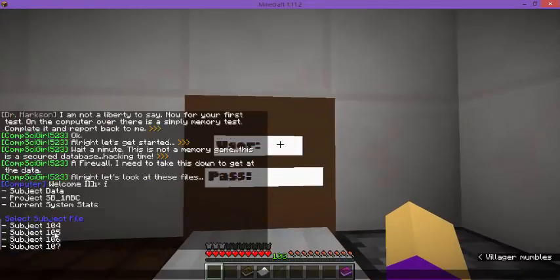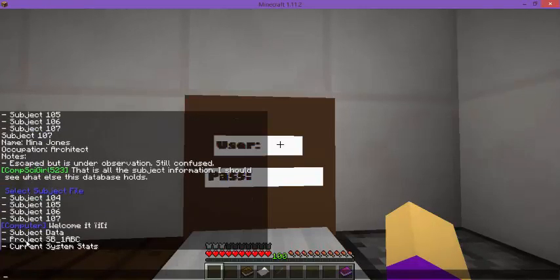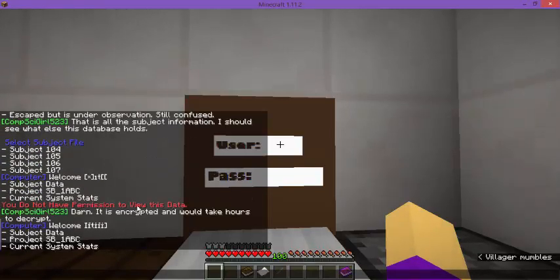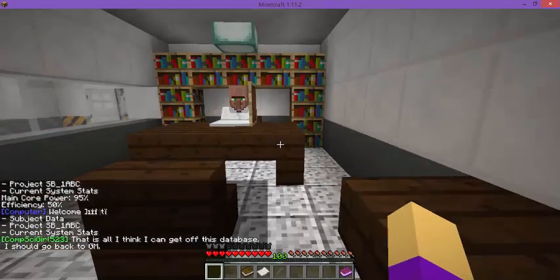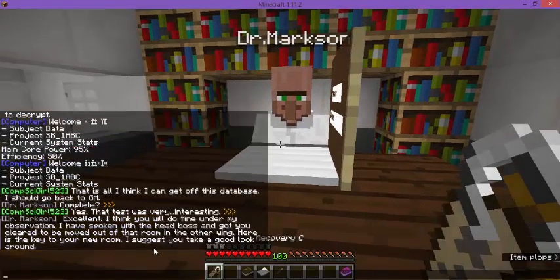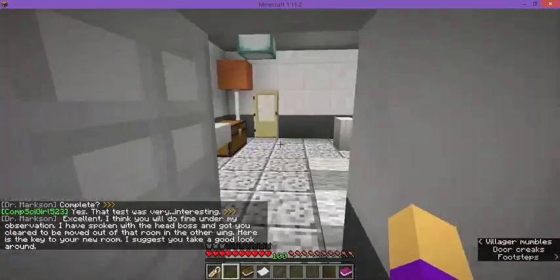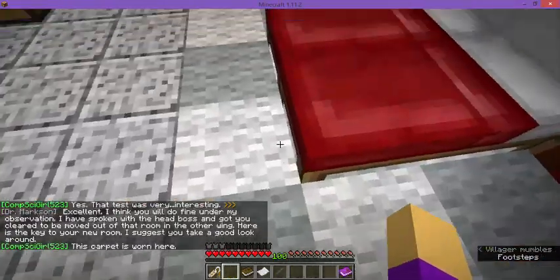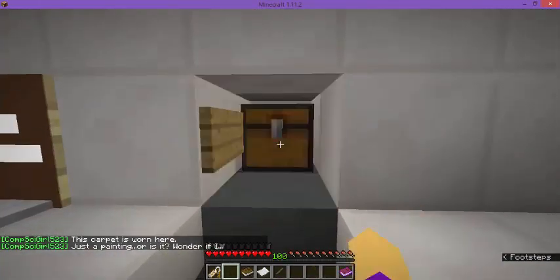So let's look at the file. Let's look at subject data. You look at these in any order, it doesn't matter. You do not have permission to view this data. That's everything. We should go talk to GM. So you give her your key to your room. Now you go back to your room. Carpet's a little bit worn here. This painting, what happens if I...